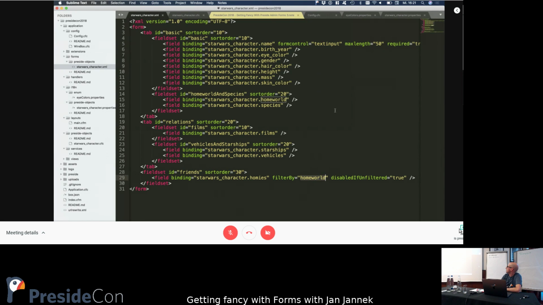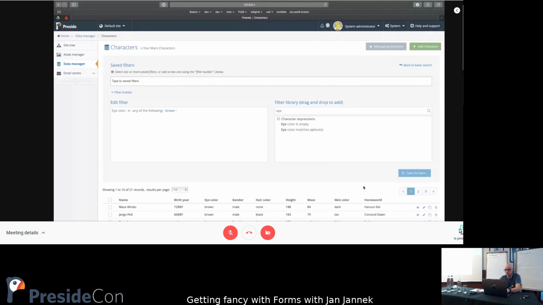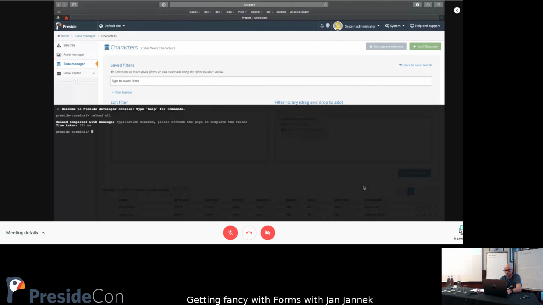And there's one handy attribute which basically says I cannot use this if the homeworld is not filled out. And if I reload this now,